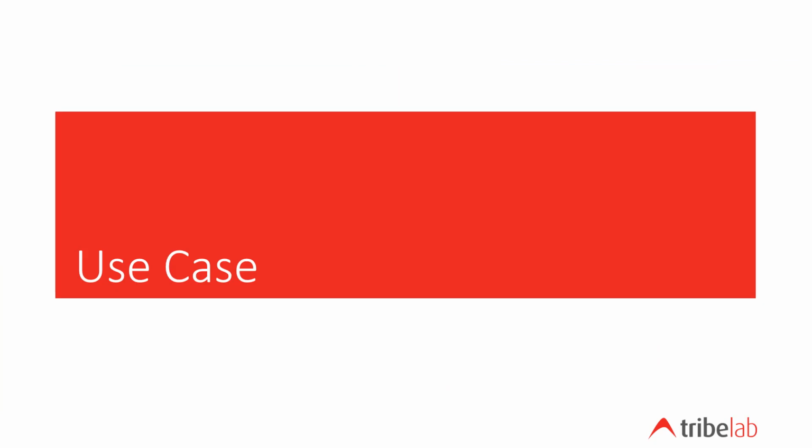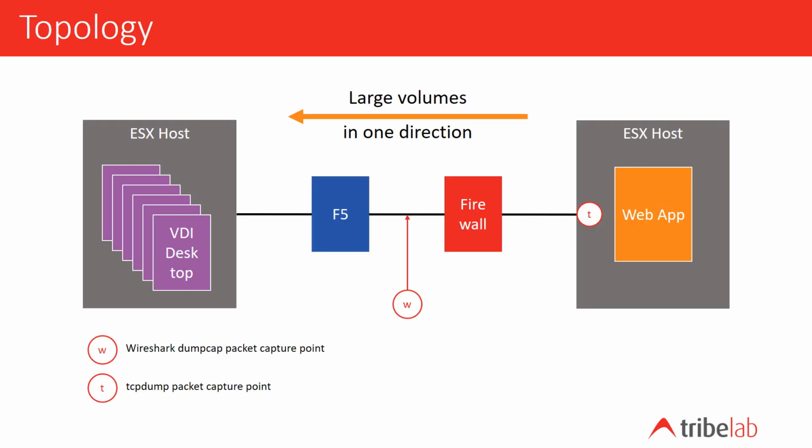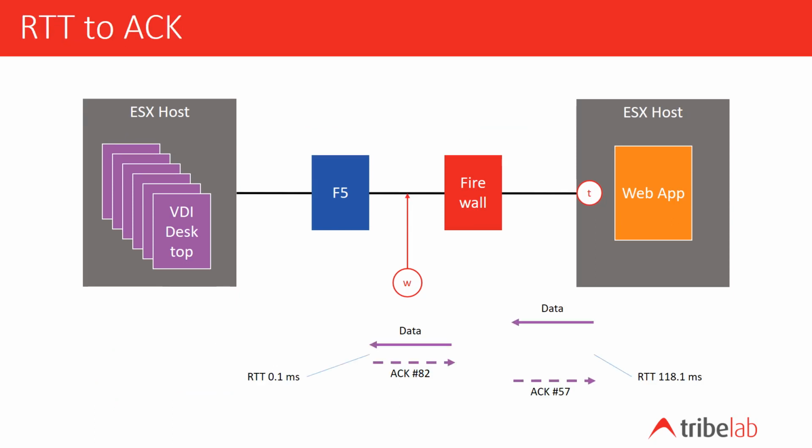As a demonstration of this dual trace capability, we're going to look at a problem with the transfer of a large amount of data from a web application that you see on the right hand side of this slide to VDI desktops on the left hand side. So basically we see a request come from the VDI desktop to the web application. The web application delivers a large amount of data back to the VDI desktop, and this is taking a long time. And for this particular analysis we're interested in the round trip time to acknowledge a data